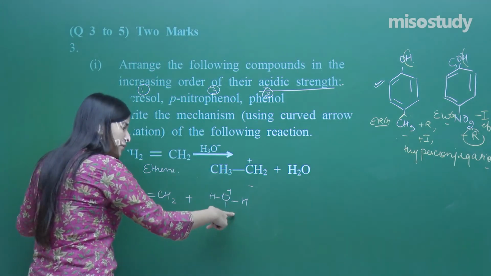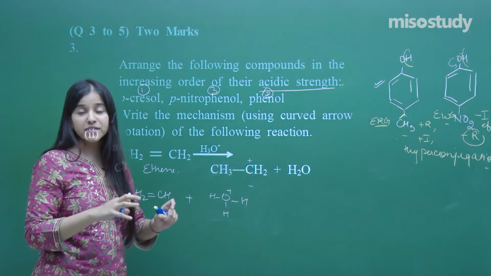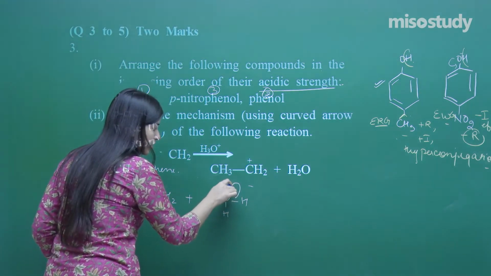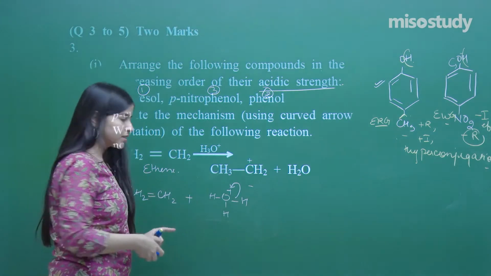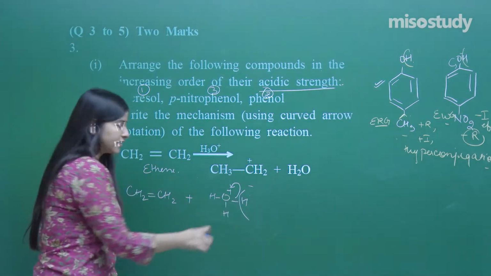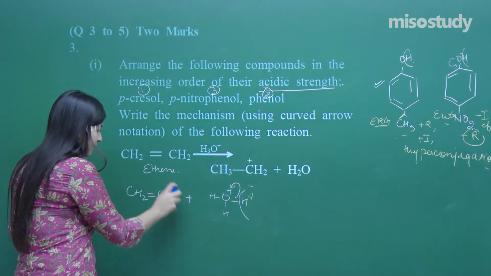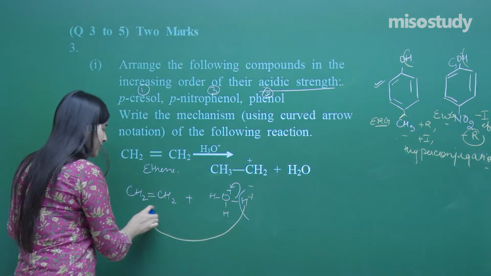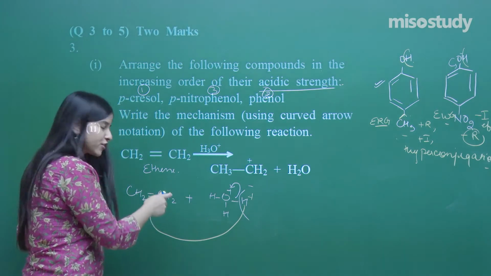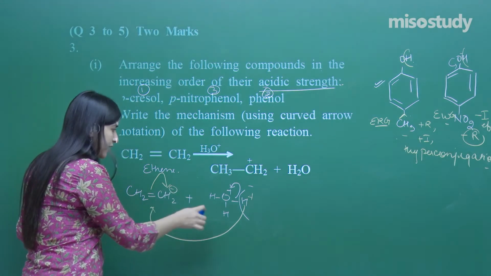In order to get stabilized, this O has a positive charge, and a positive on any electronegative atom is a highly unstable state. So what should I do? This hydrogen will lose its electrons to oxygen, will go off, right? Now this is H+, there is H+, and what will happen now? See, this H+ will try to attack these electron clouds, fine. So this electron cloud will shift in either of the directions, let's say here, fine. So since negative will be developed here, this H+